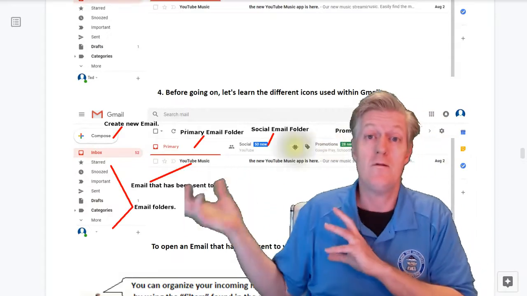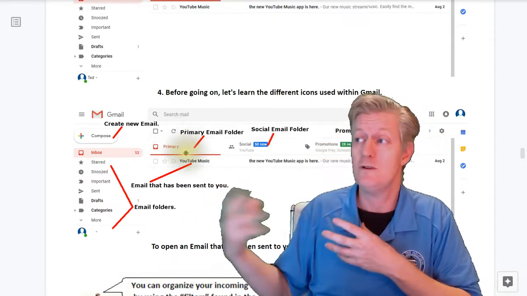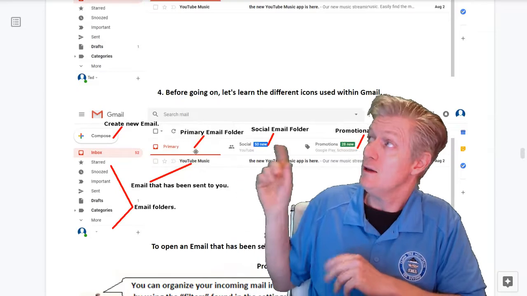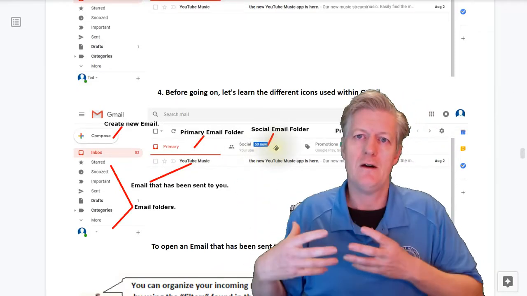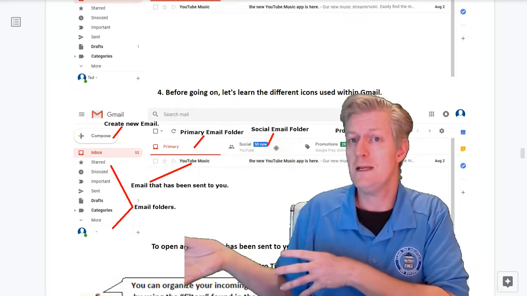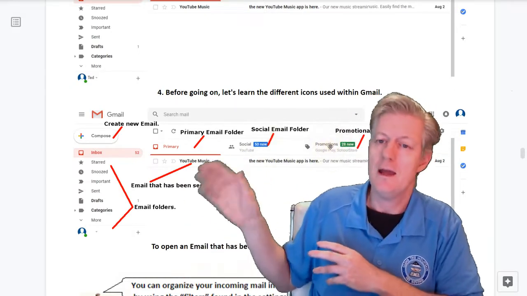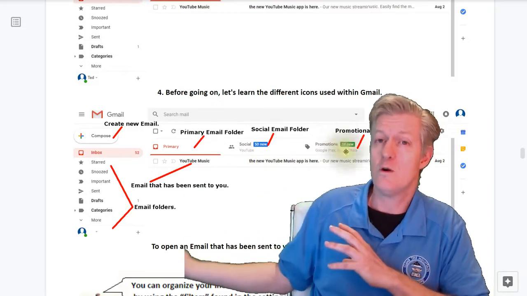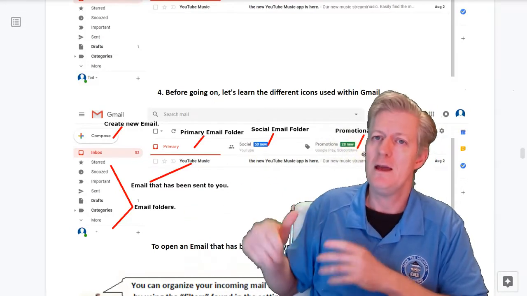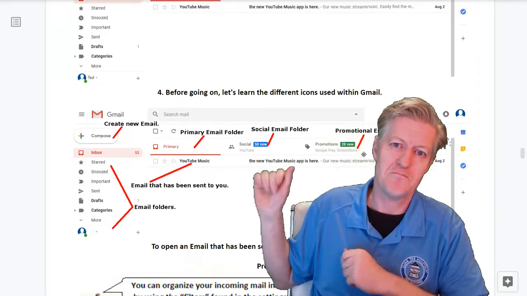Your primary holds all of the email that you receive from private parties. Your middle one is social, so if you get email or messages from social media, boom, it appears there. And your last box is promotions. That's as if a store sends you an email, it appears there in promotions.